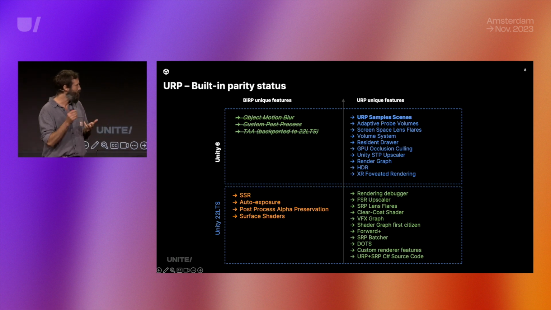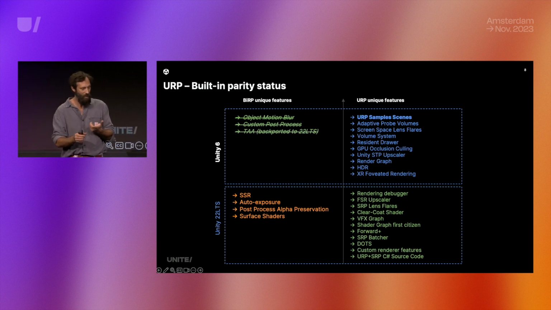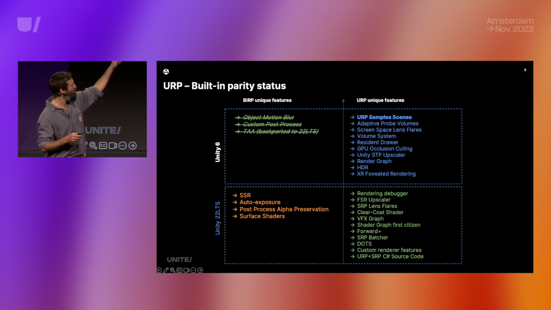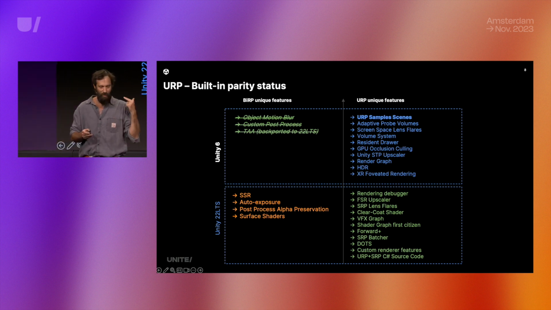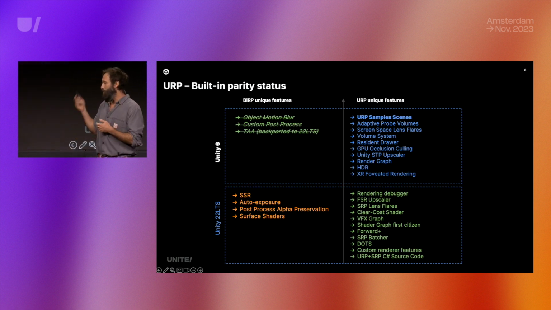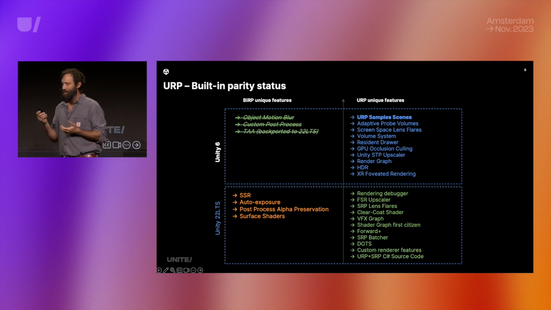Forward Plus, Shader Graph as a first-class citizen, VFX Graph, clear coat shader, SRP lens flares, FSR upscaler, and the rendering debugger. And in the last part of this presentation, I will present all the things coming in Unity 6. But let's start with, and I put it in Unity 6, but it's actually available for 22 LTS,